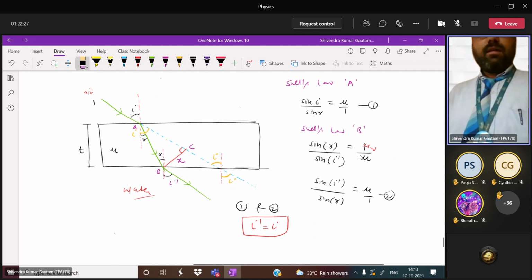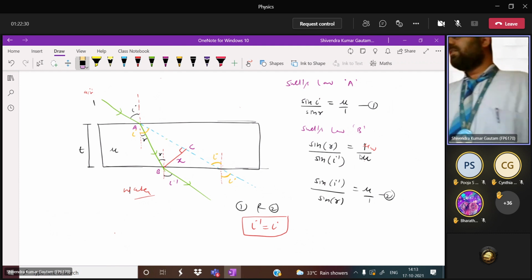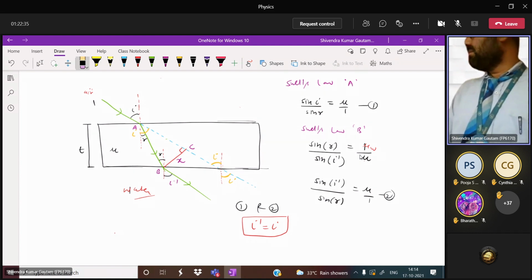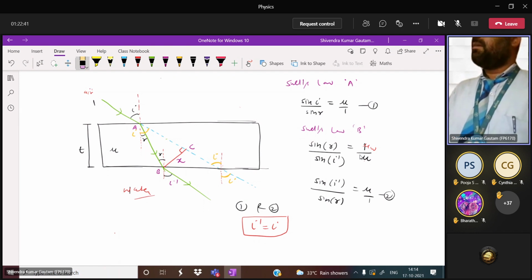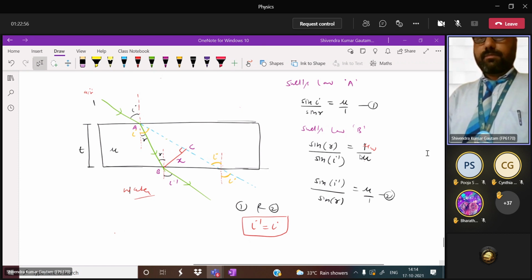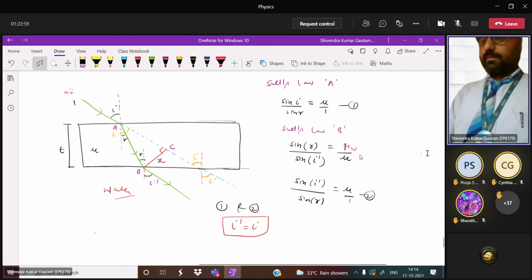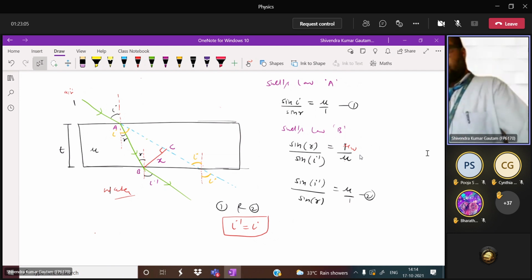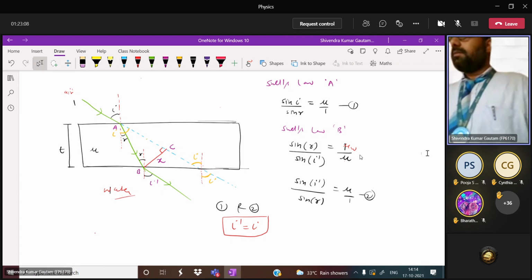This week if we have extra classes, we will take more extra classes, so please cooperate. Ray and wave optics are important topics and I don't want to leave any. If I leave them, you only have to suffer and come again for the topics not discussed. So study properly one time, after that you can work out all questions. I will inform you whenever classes are there. I have another class at 2:20, so 5 minutes on this.